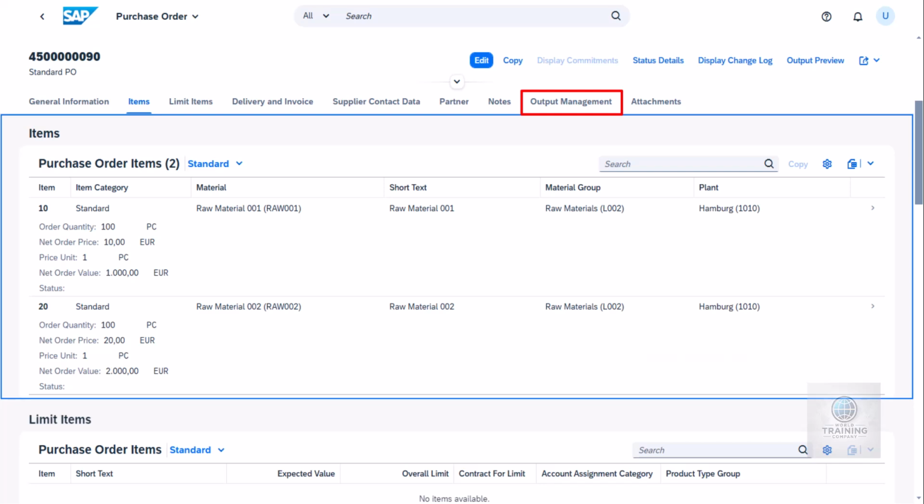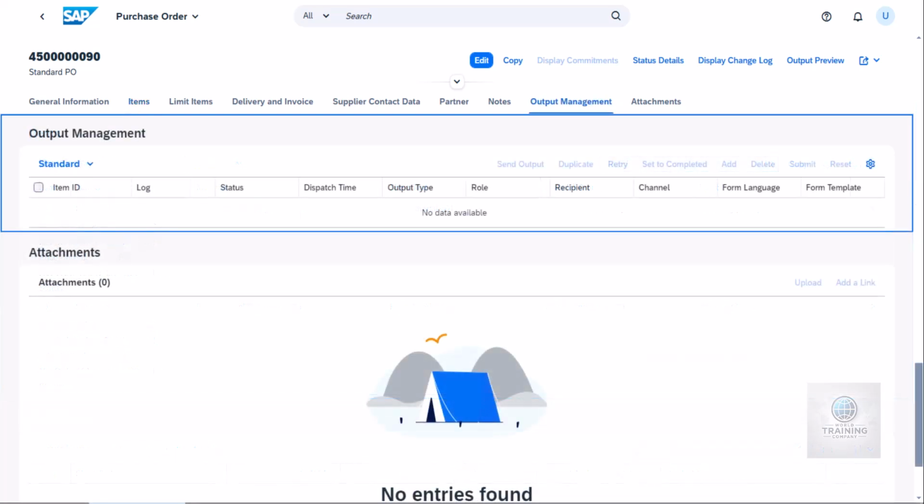When we check the Output Management tab, we notice that no output has been scheduled yet. This indicates that the system is awaiting the approval process to be completed before generating any output, such as a printout or email to the supplier. With this review complete, we've confirmed that the purchase order is accurate and pending approval for the next steps in